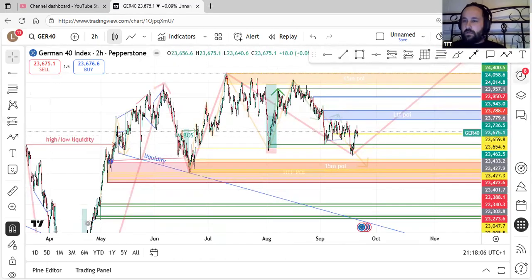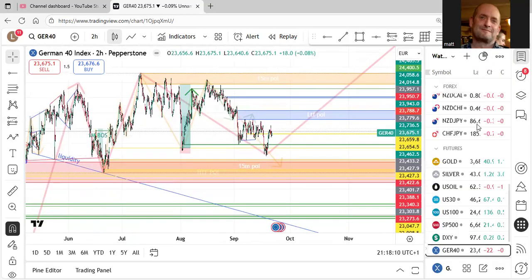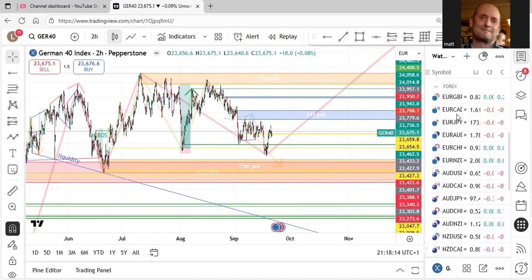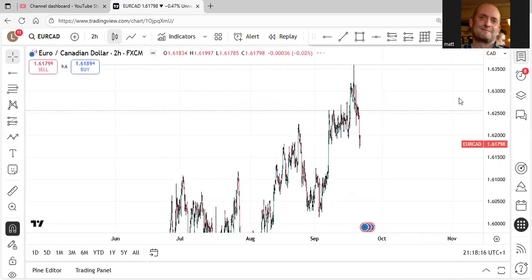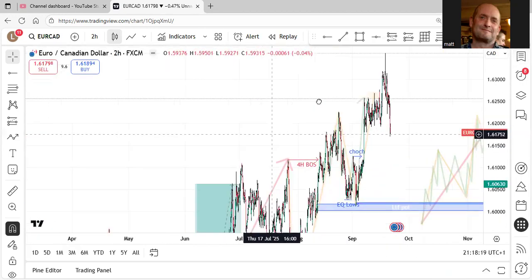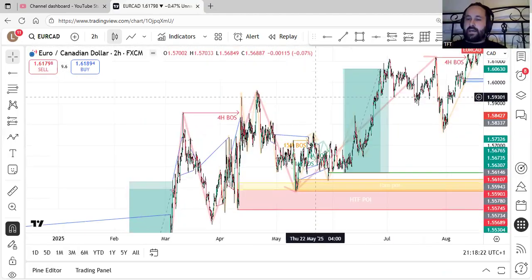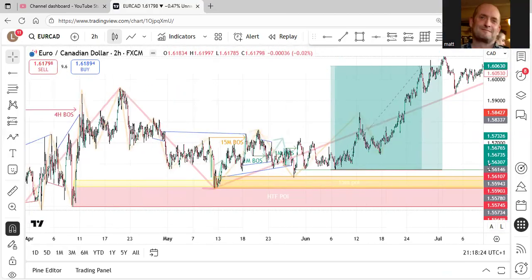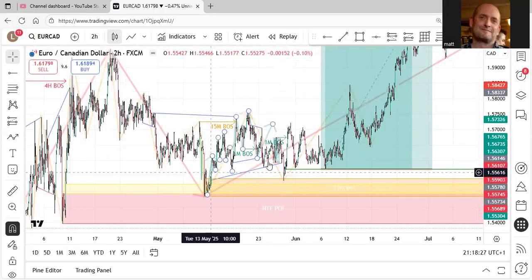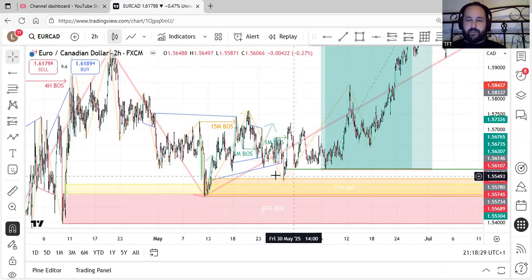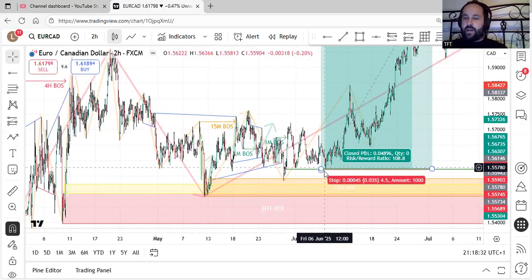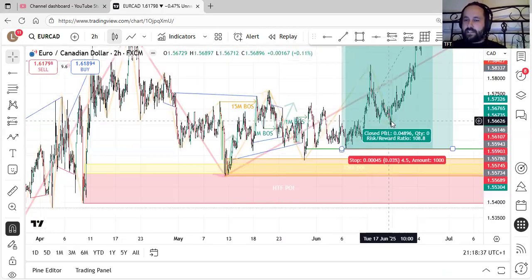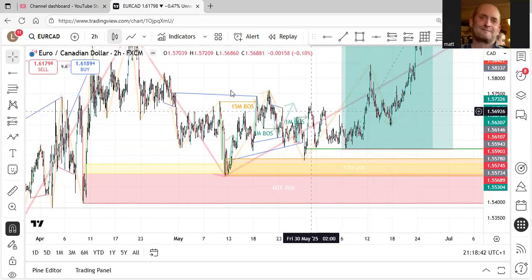So I'll go back to Euro CAD. I think that happens too. Sometimes Tom's stuff and the simple strategy stuff happens to get an entry in kind of the same place. You'd maybe get one R, but then they close it because they don't know to hold it. This is the one that I went over first with Euro CAD. Someone might not have got in here. Someone might get in here, off this little wick down here or something. But if you know the rest of it, you could then go, fucking hell.